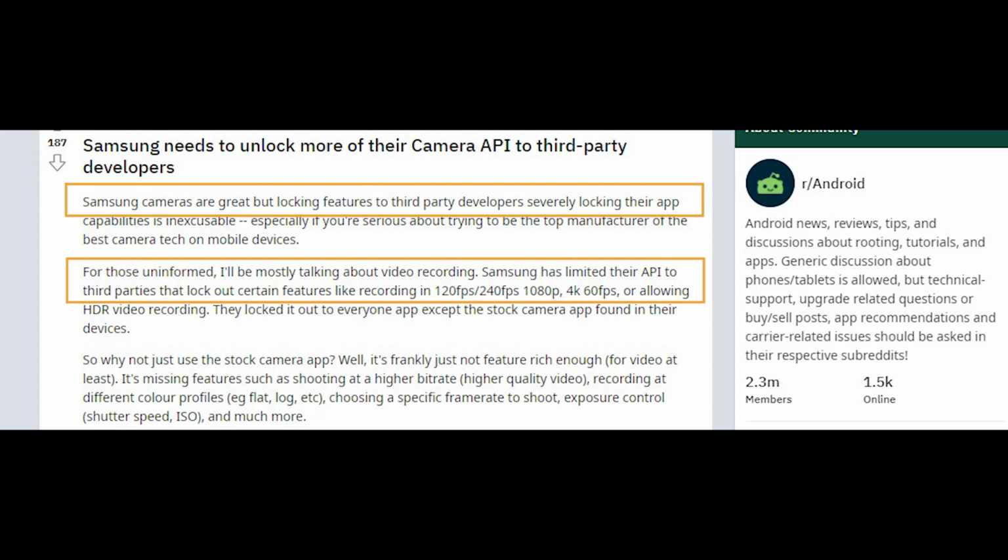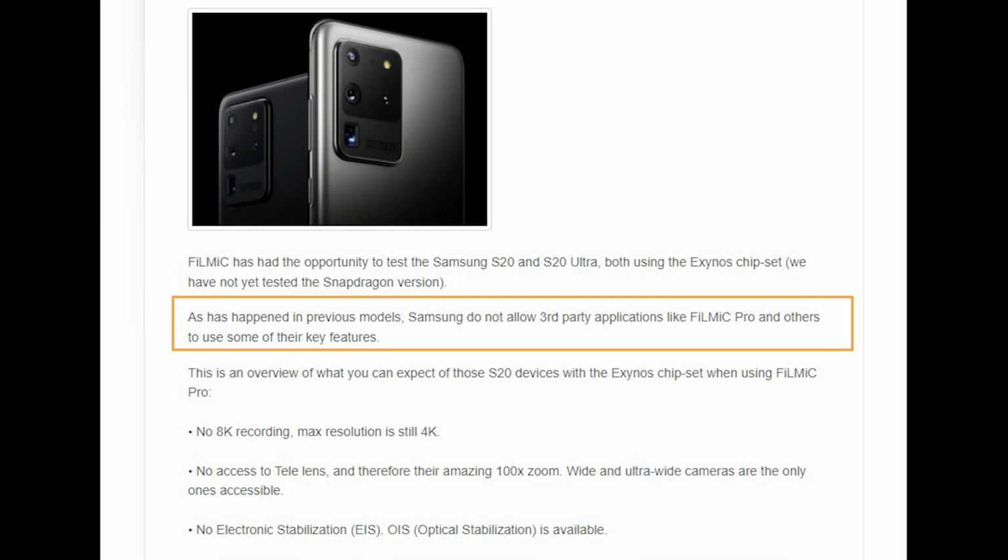Now, you need to know that these problems are not exclusive to DJI. Other gimbals have exactly the same or similar issues when it comes to Android devices. And believe me when I say that all these companies don't have anything against Android. As far as I know, it's actually the smartphone companies that lock most of these features from third-party developers.